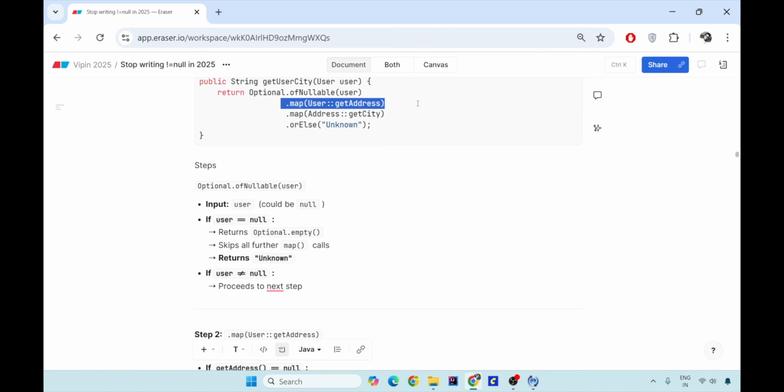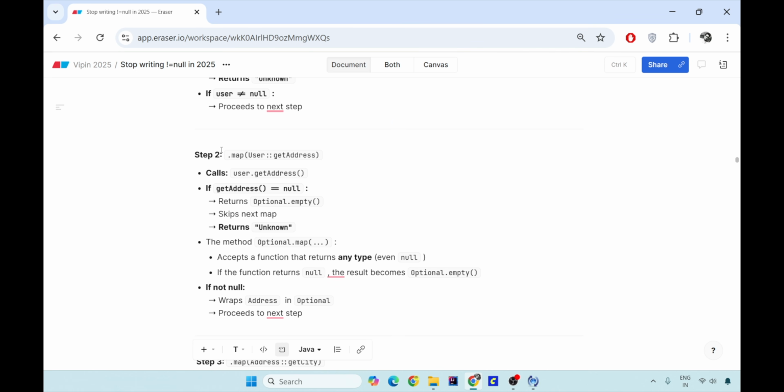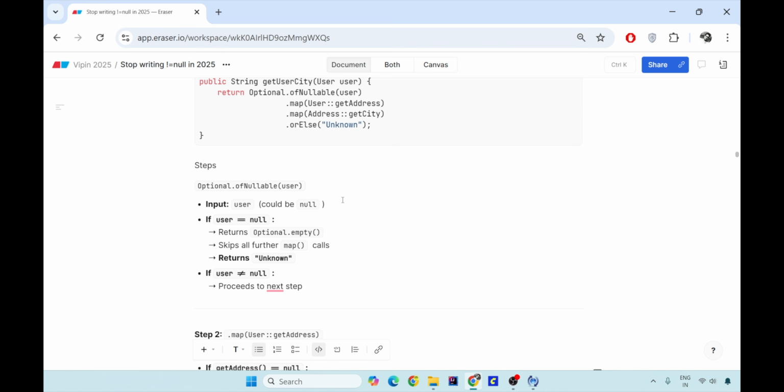So now your user object is gone. Now you cannot fetch anything from your user object because your stream is now only consisting of the address for user 1, user 2, user 3. Now in the third one, when you are trying to map it up, you return the Optional.empty if the address is null. So this map, when it is working on Optional, will not return you null as the address. Rather, it will wrap it up into an Optional.empty.